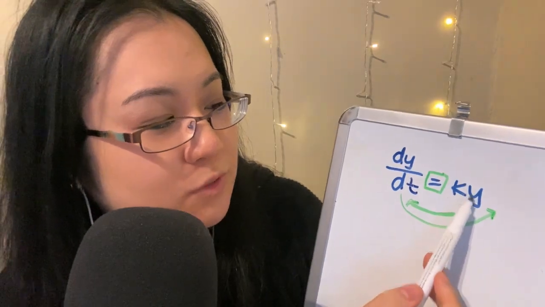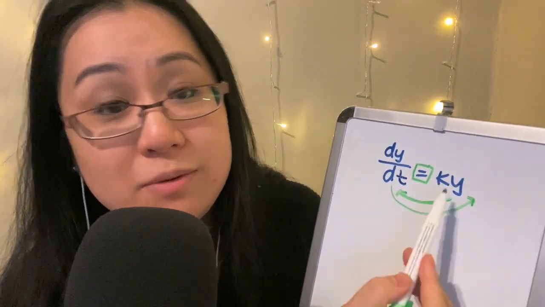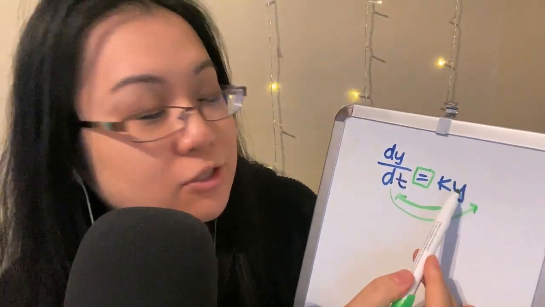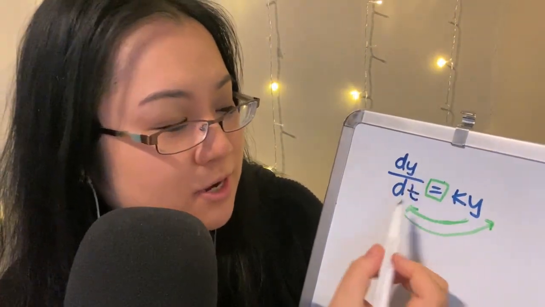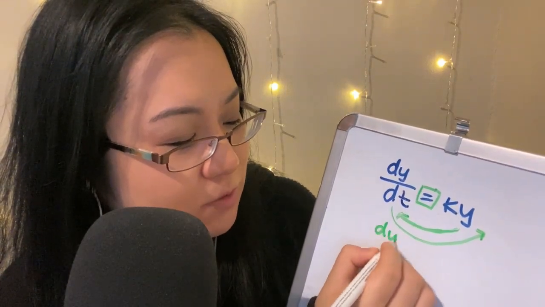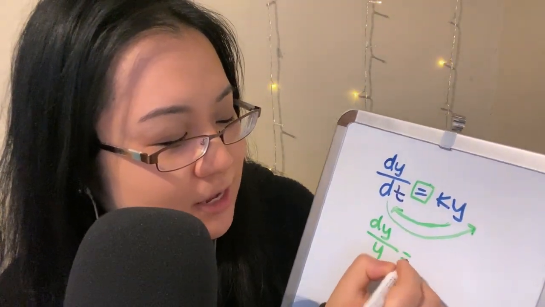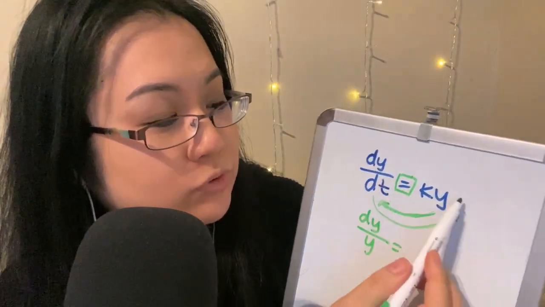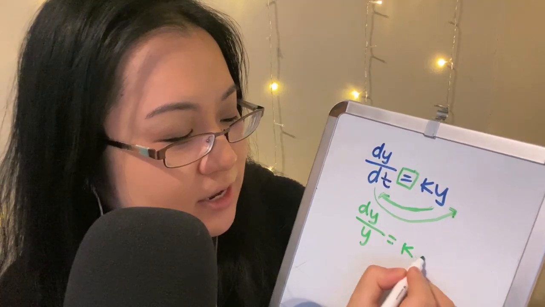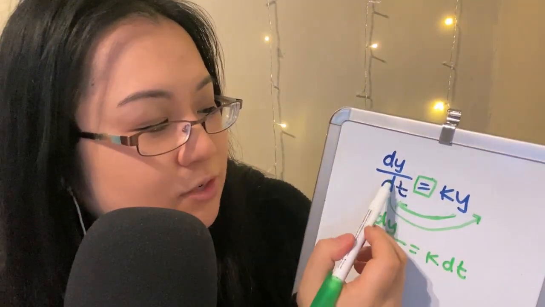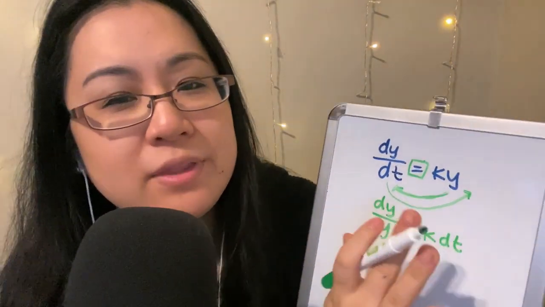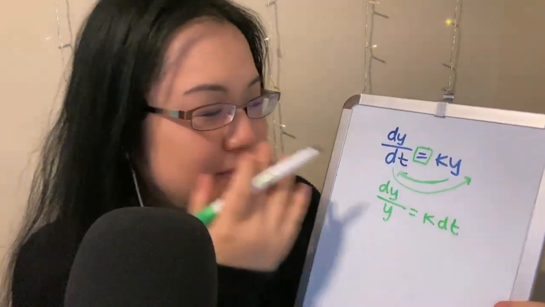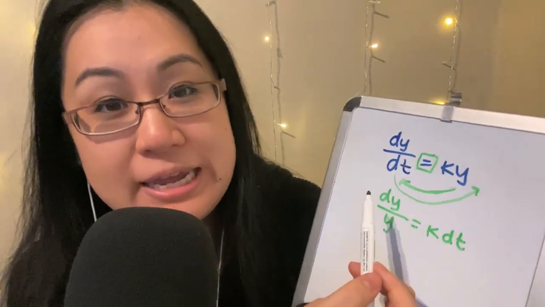So to move this y over here, I divide by y on both sides, since it was a multiplication, k times y, I'm going to do the opposite, divide by y. So I would have dy over y, and at the same time I'm going to move this dt over here by multiplying, so I would have a k dt, like so, because it was a divide. Okay, so when I say that, I'm already kind of cringing because it looks like you're multiplying.